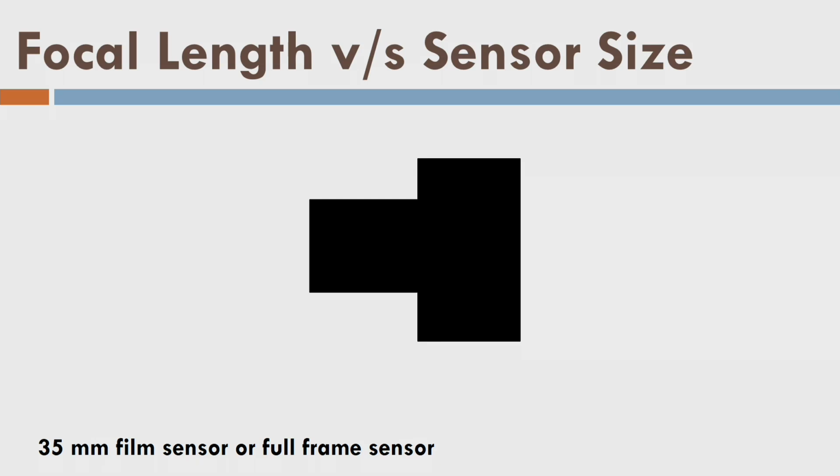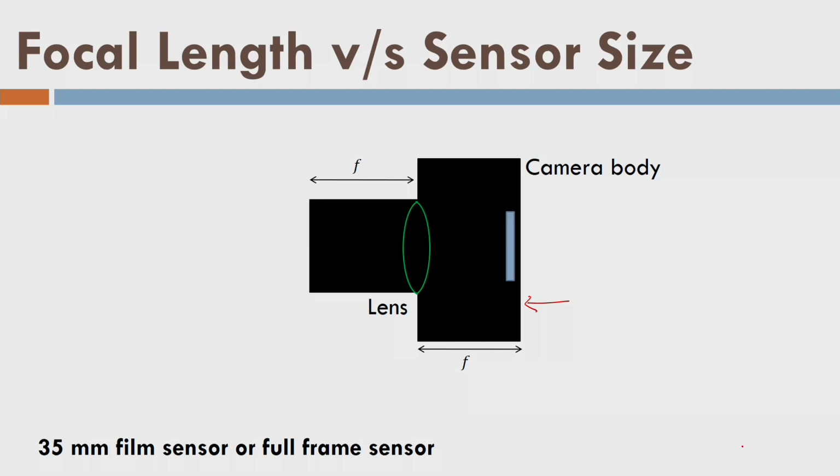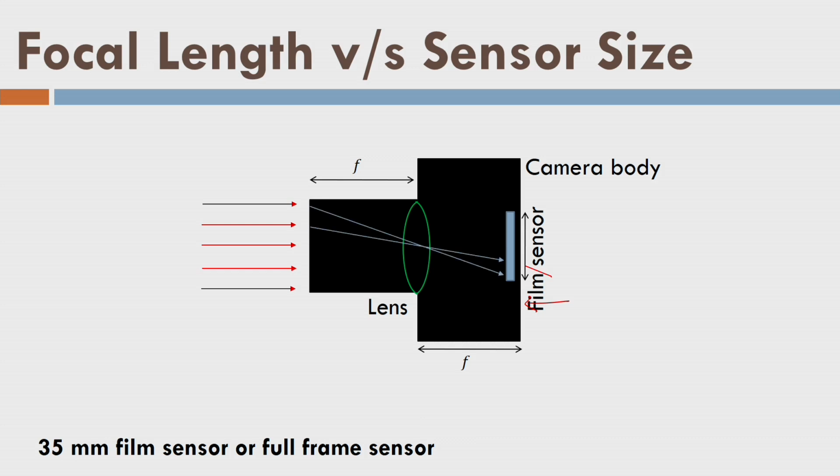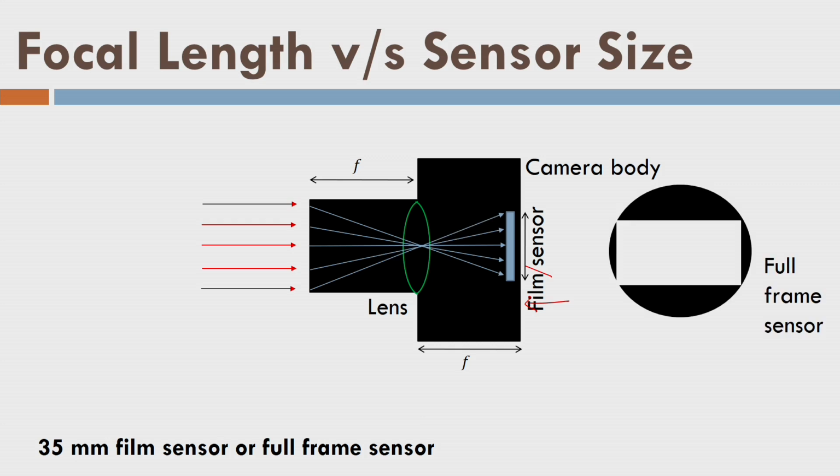Let us say this is my camera and this is the lens here. This is the focal length because the image is formed here, where the sensor is placed. Let us say this is my sensor, or what we call the film. Now rays are coming from infinity, so they are parallel. They will be imaged like that with the help of the lens. Okay, this is my so-called full frame sensor, which has the complete size like this. Now today if you see, our mobile cameras have a sensor.